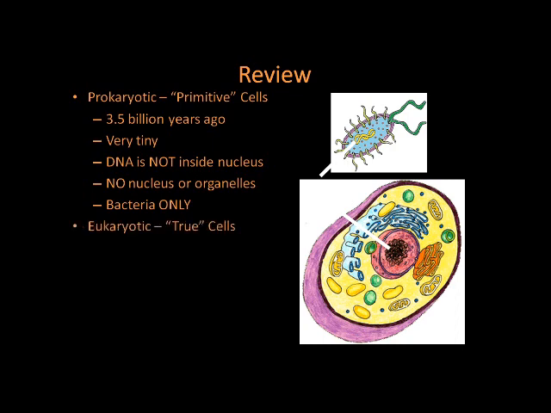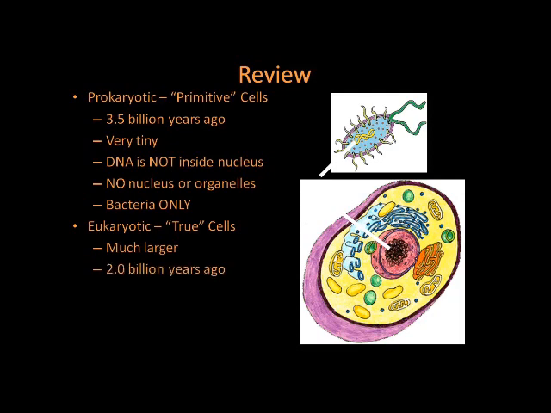Eukaryotic cells are much more advanced. In fact, eukaryotic cells are often called true cells because they were the first cells seen under a microscope. You can remember that "you" in eukaryotic sounds like the word true, the true cells. Eukaryotic cells are like our sports car example. They are much larger and more complex than prokaryotic cells.